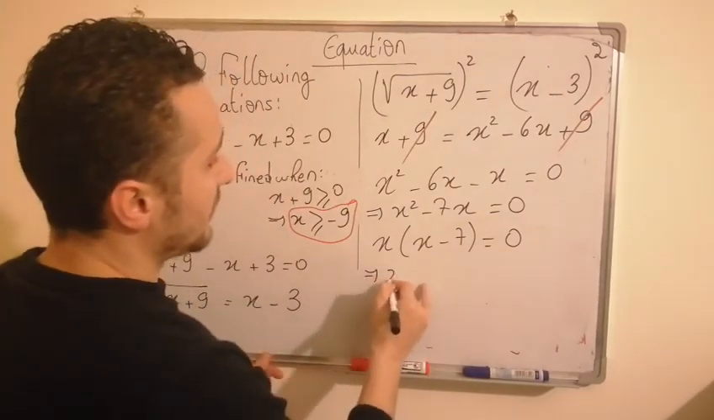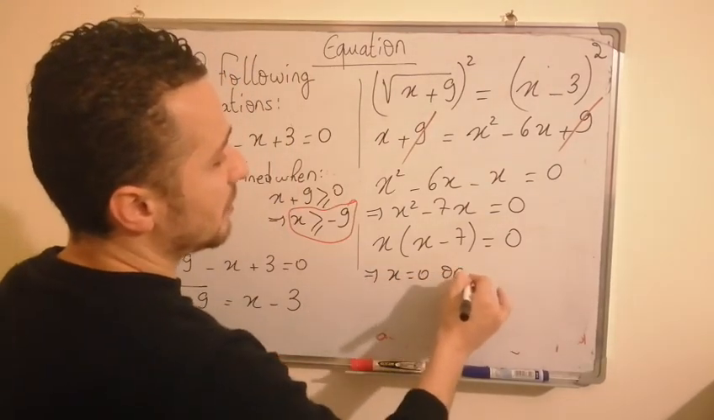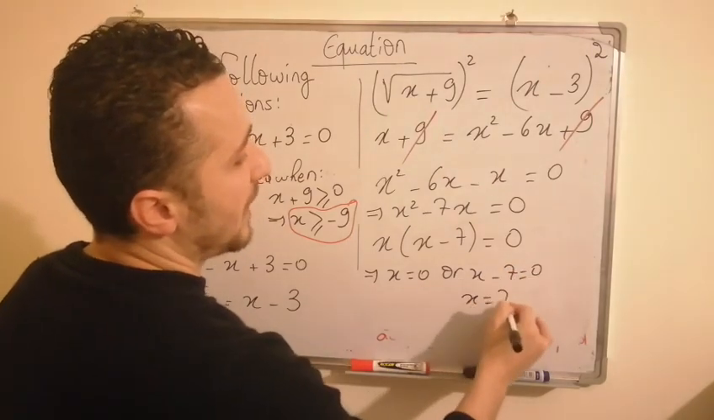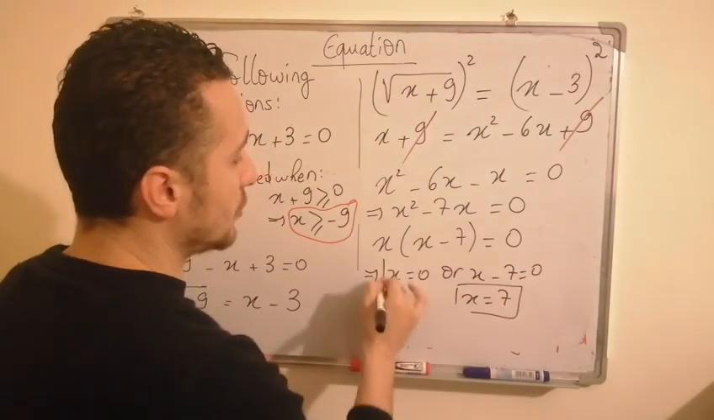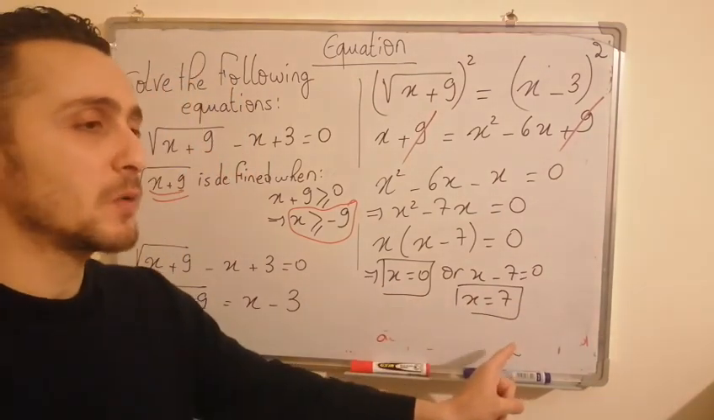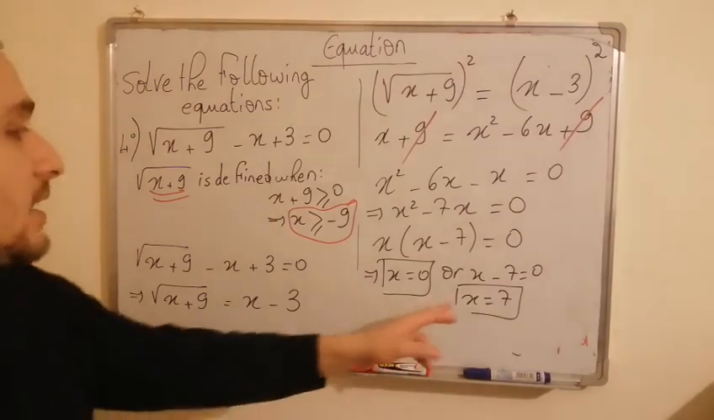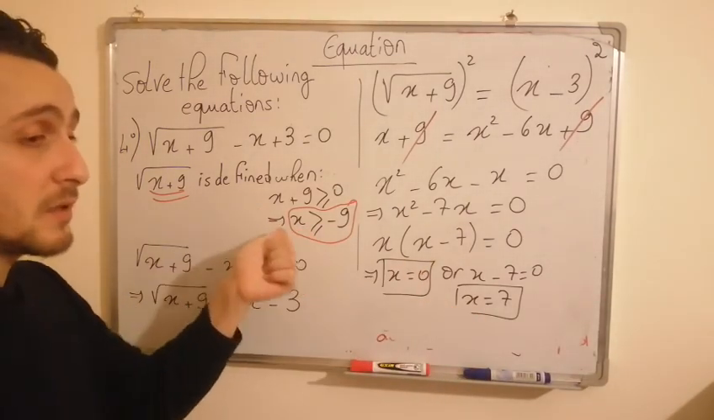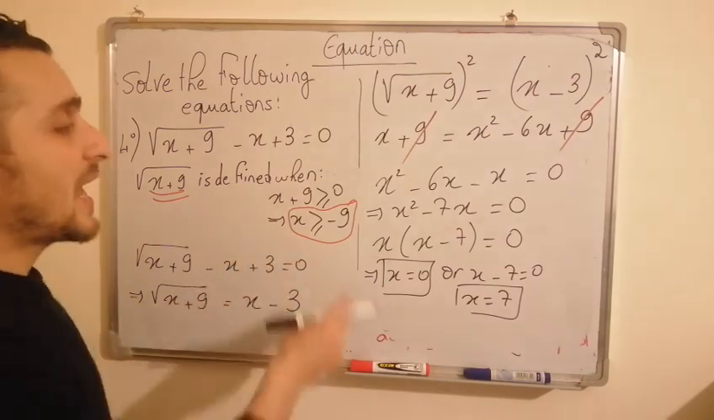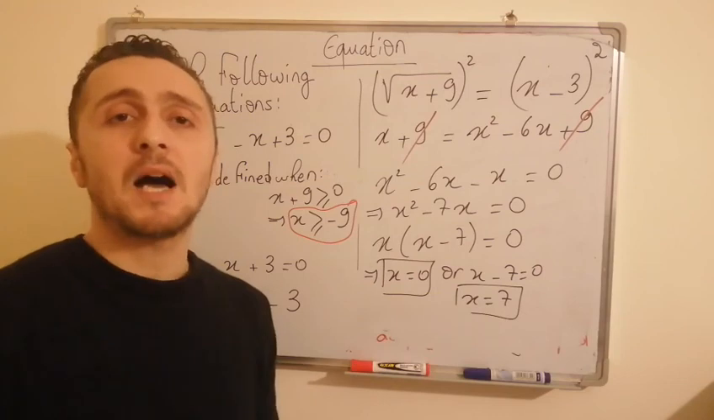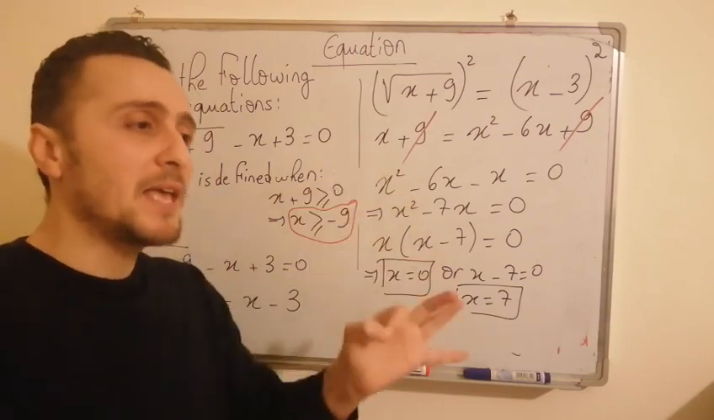So we obtain first block equals 0 or second block equals 0. Then we obtain two solutions. First one x equals 0, second one x equals 7. By comparing these solutions with the condition, we can say that they are accepted. The two solutions are accepted since they respect the